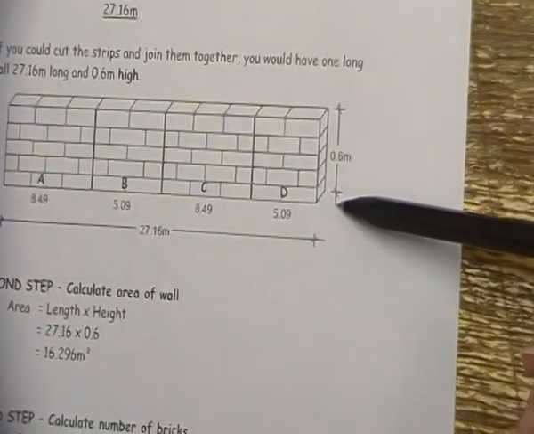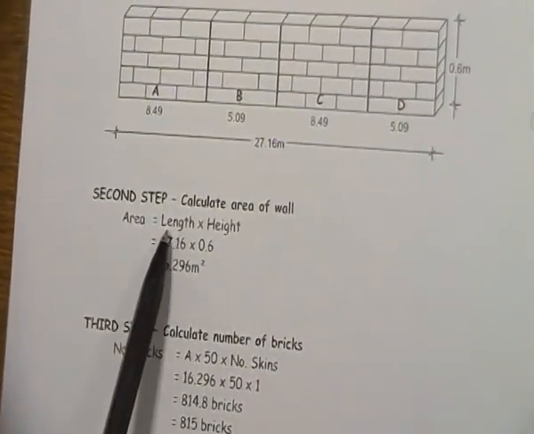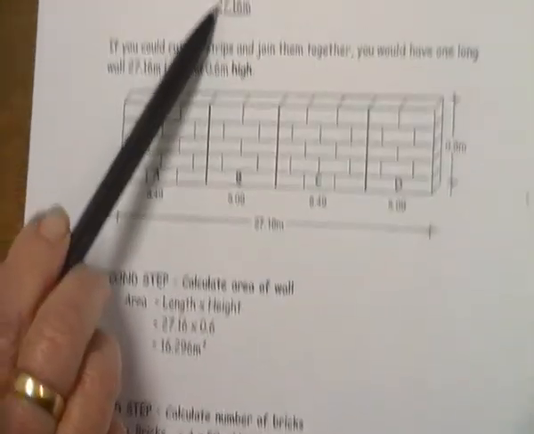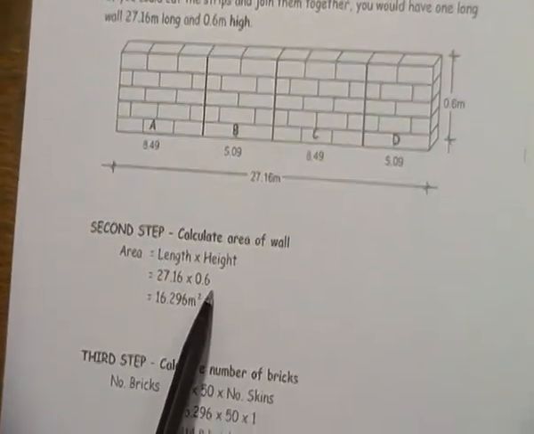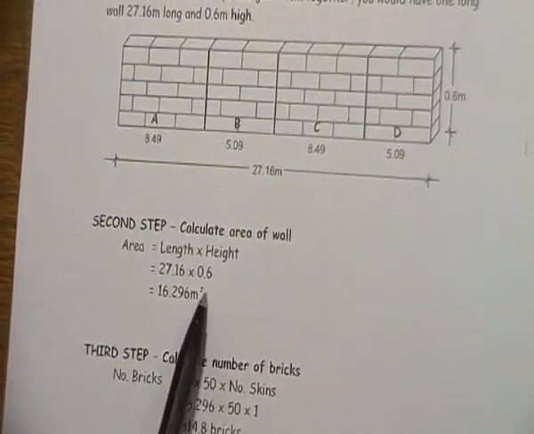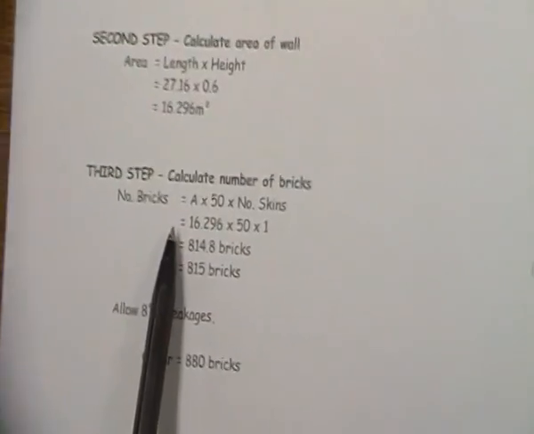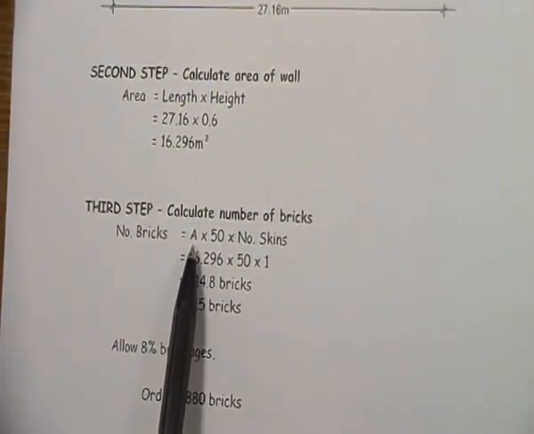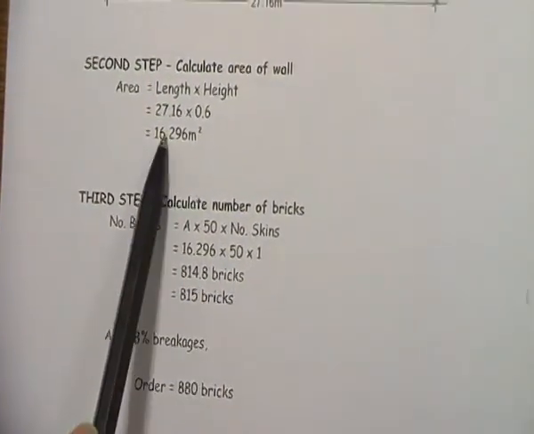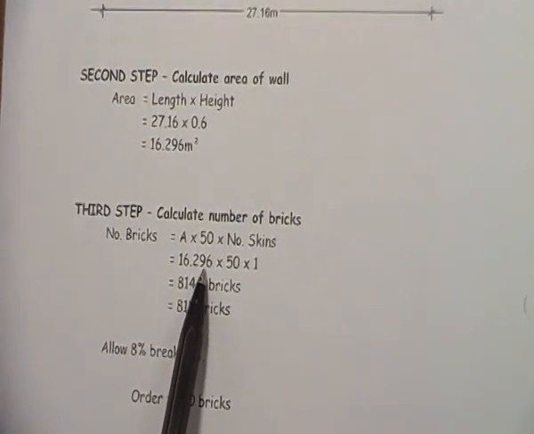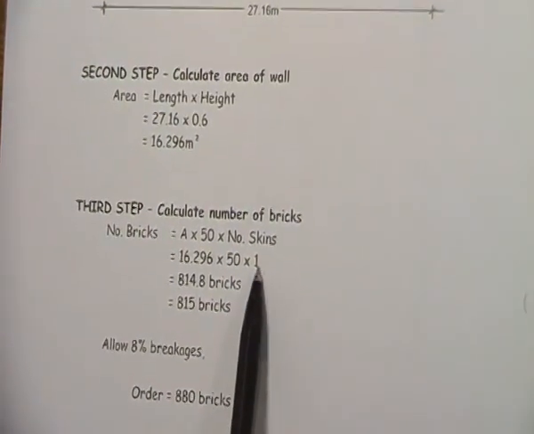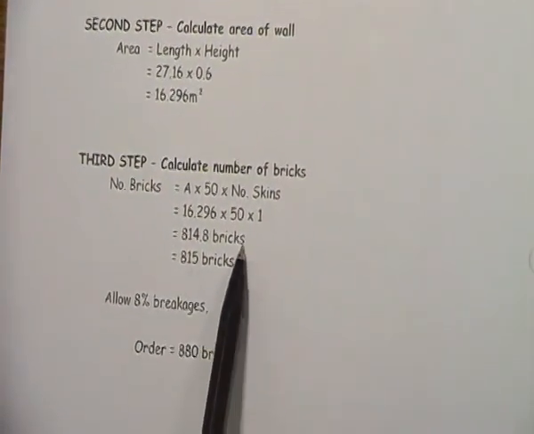So now we can do area. So area is going to be the length of the wall times the height of the wall. So my 27.16 that I got up here, bring down my height of the wall that I got from my question, and that gives me the area of the wall. So now we look at the number of bricks. So we've got area times 50 times number of skins. So area of the wall, 16.26 times 50, because there are 50 bricks in a metre squared, times 1 skin. I get a figure of